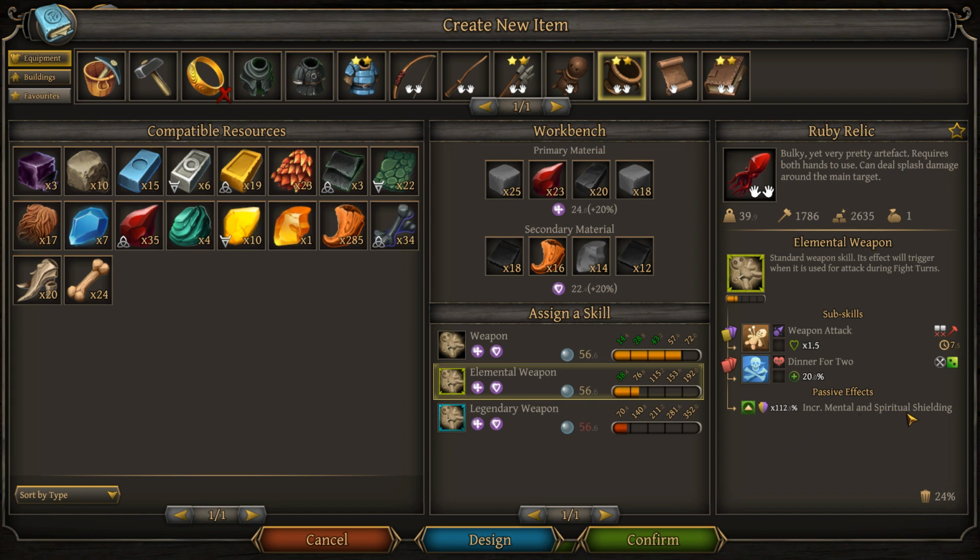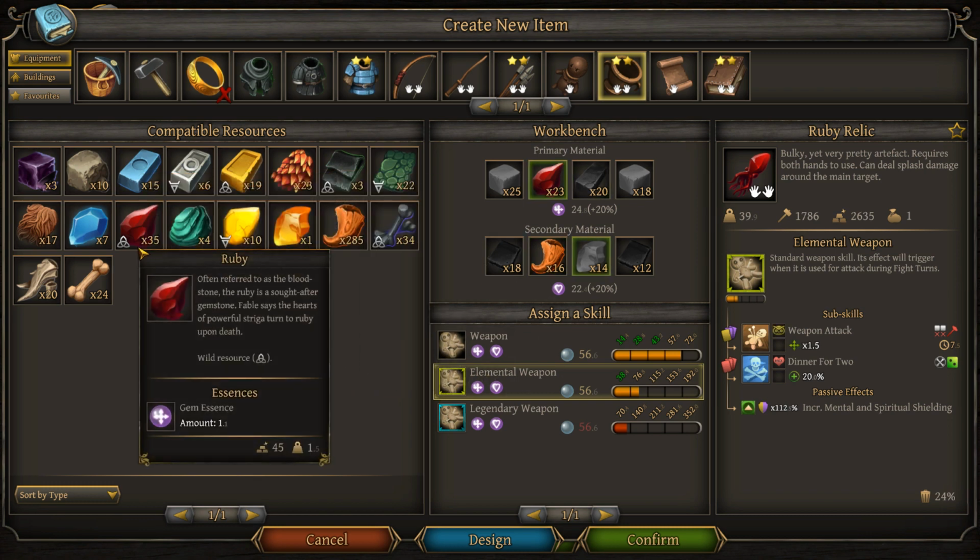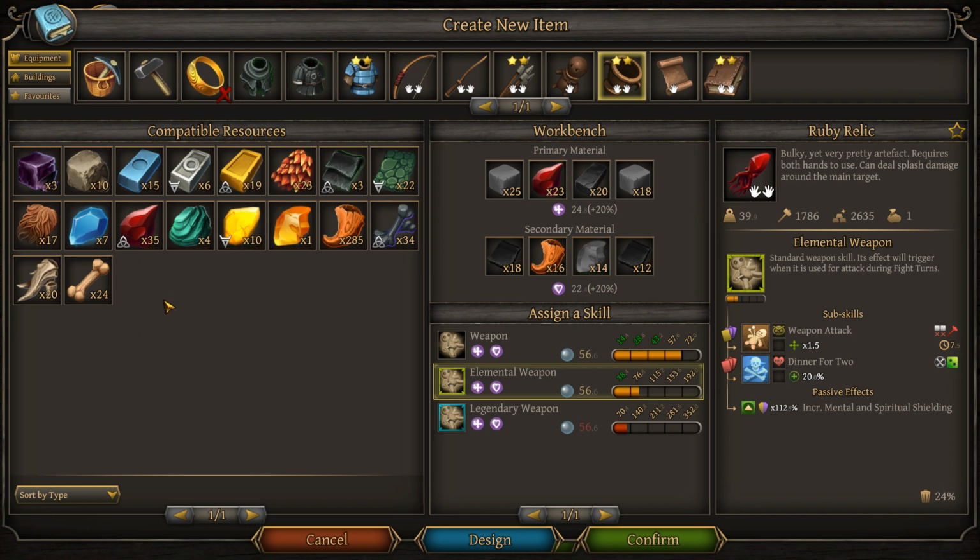Does increase mental and spiritual shielding by a fair amount. A couple of extra points for us with the armor we have. The other option is we could try to go for some... we really do not have a lot of other options. Because we don't have a lot of stone left. We don't really have any metal to speak of. If we threw in some metal...